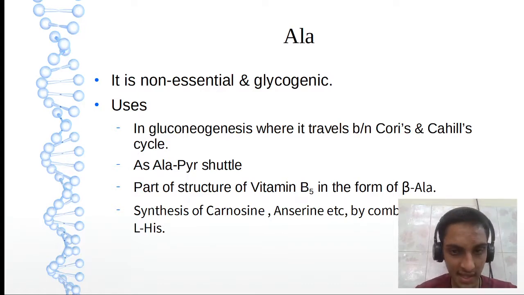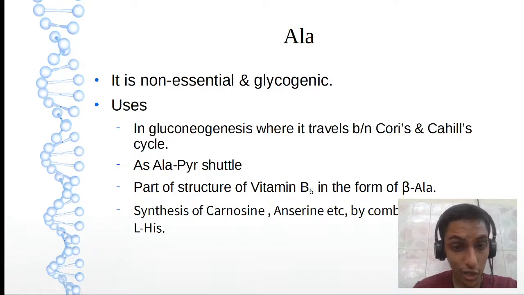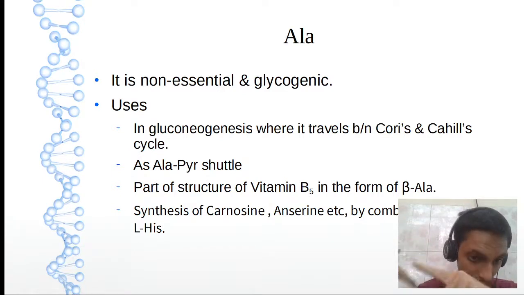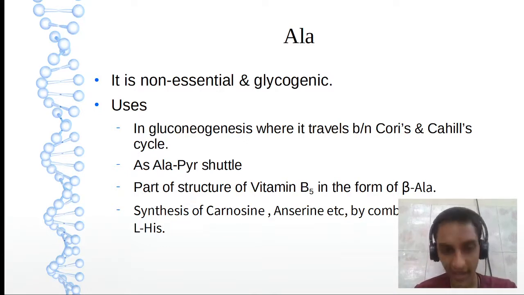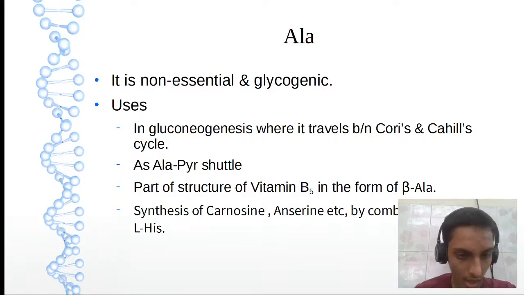What I said for Cori cycle, exactly opposite happens in Cahill cycle. So now the glucose we got is going to come back to the muscle by traversing the blood. Okay. Then use in the alanine pyruvate shuttle. Why we need the shuttle? To regulate the 2.5 ATP. So we will try to identify where we have used this 2.5 ATP. In Boyer's mechanism, we have identified the 2.5 ATP, and also in chemiosmotic hypothesis.